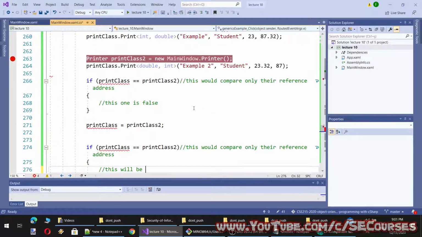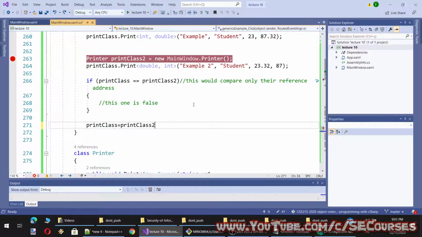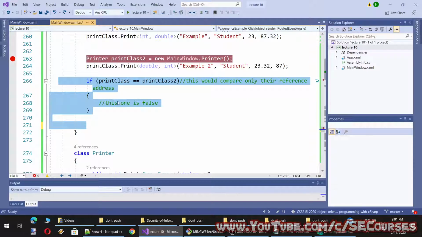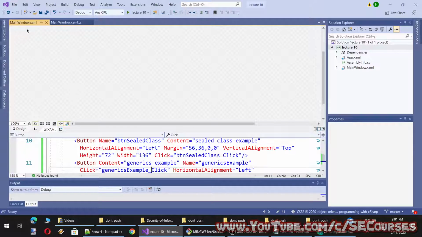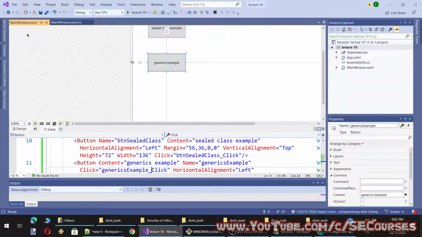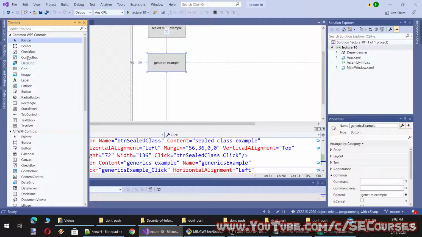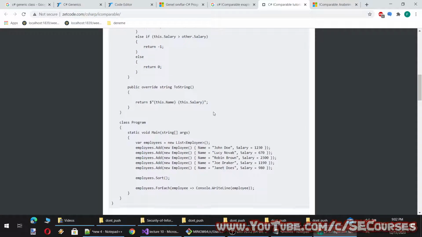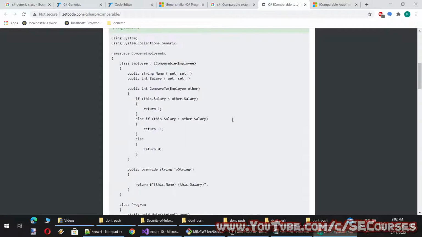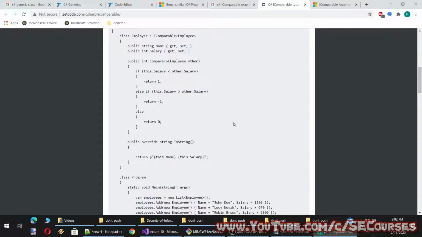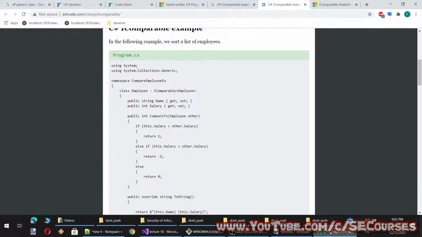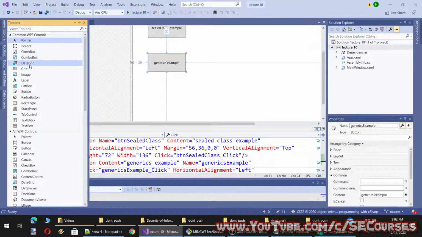However, if you would have a better example, I think it would be better. So I'm just deleting this to make a better example. Okay, so this is a good example.